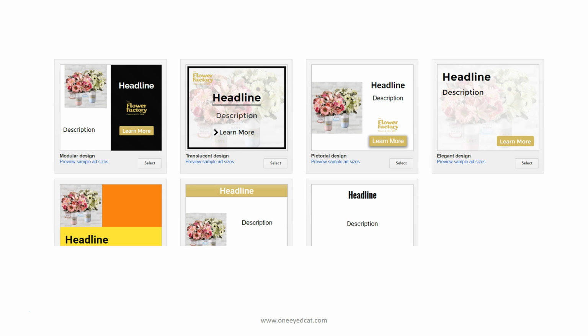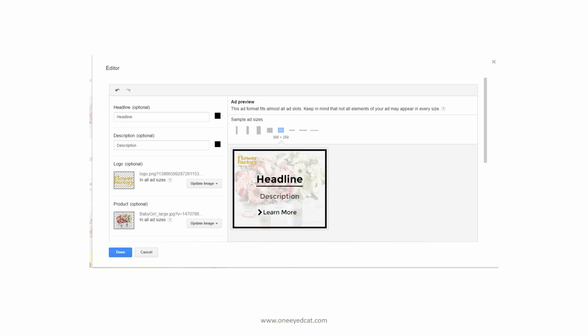And you can create some quite nice ads from these. I particularly like that one second in from the left. I quite like that one with the flowers in the background. That looks quite nice. So you can look here and decide which one you like. If you hover over any of these, you'll get a little edit button appearing. You click the edit button and then it takes you through to the dashboard where you can actually fiddle with